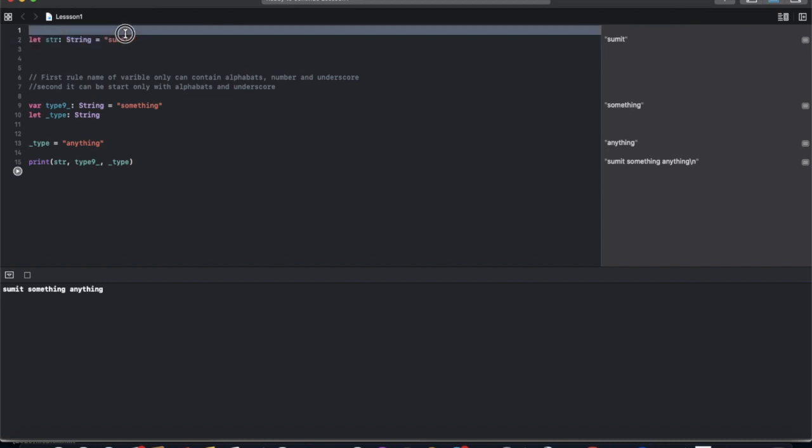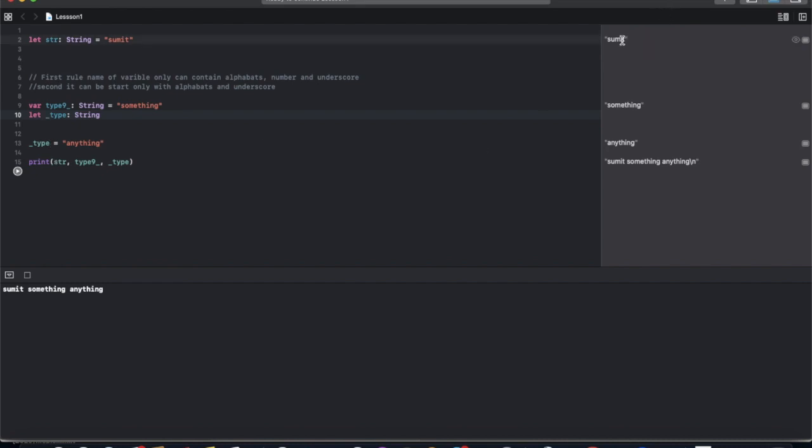So the compiler first compiles this line, then skips those two lines, then compiles the third line, fourth line, fifth line, and sixth line. So the result you can see here. It will run the first line, then the second line, then the third line, but we are not initializing any value, so it did not have any value here. We are initializing the value here. Now we are printing the values. The compiler runs the same, but it skips these comments.